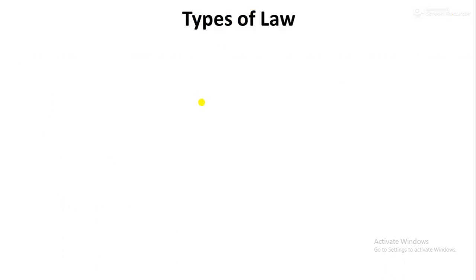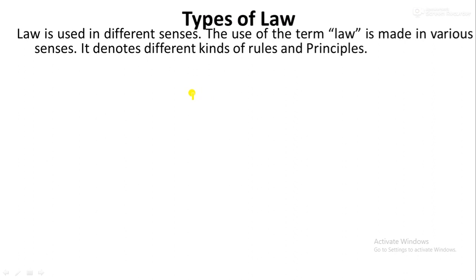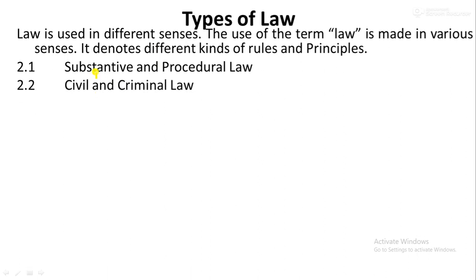Okay, so types of law. Law is a very common word, used in different senses in different conditions. It denotes different kinds of rules and principles. So what is law? Law is the body of rules and principles that determines our behavior, state behavior, and organizational behavior. In this slide we mainly discuss substantive law and procedural law, civil law and